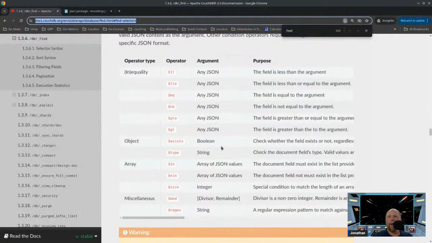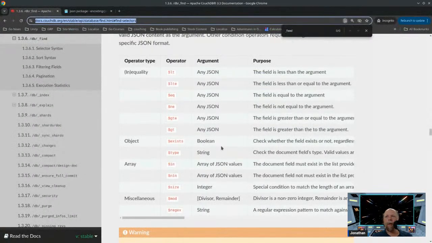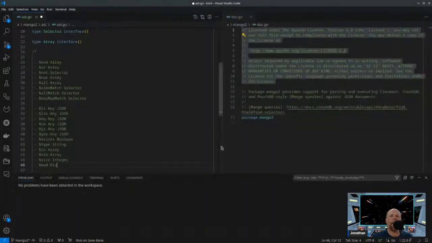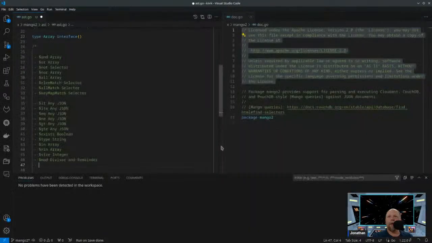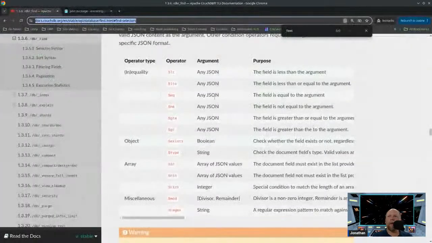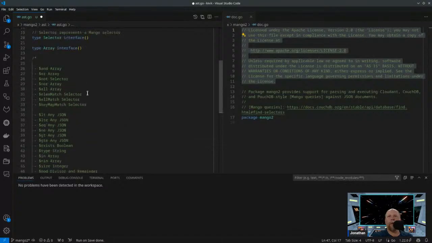and then mod takes two elements, divisor and remainder. Index string. Okay, so those are all the operator types. And I have an implicit